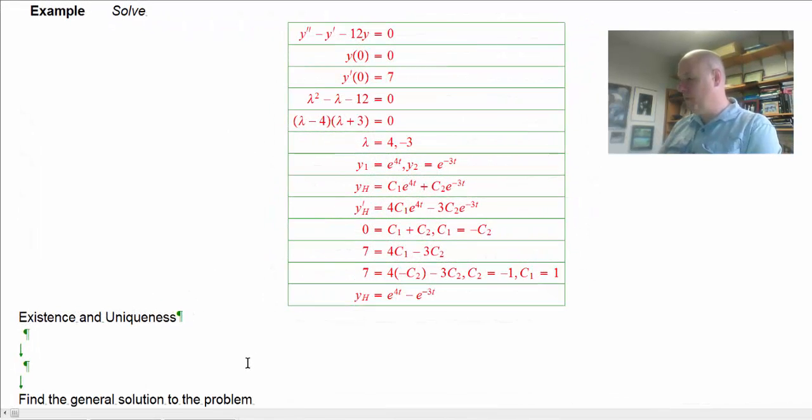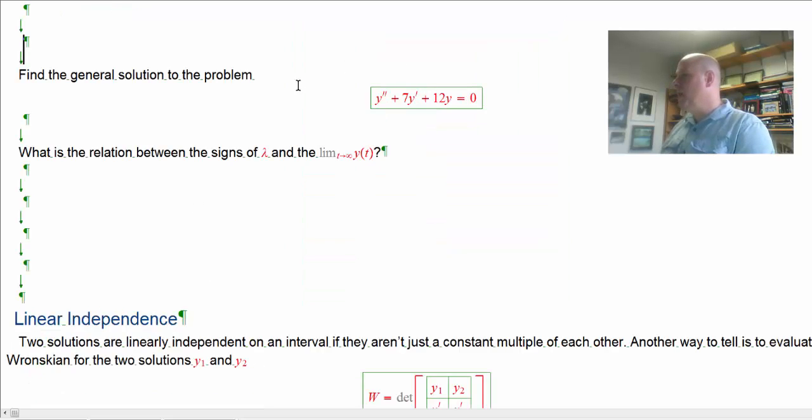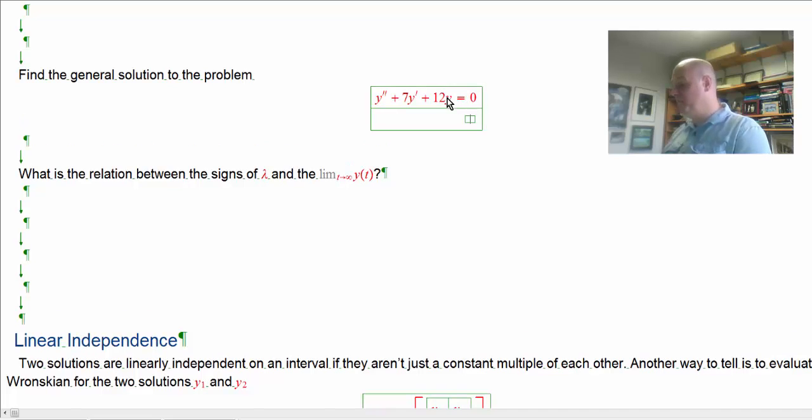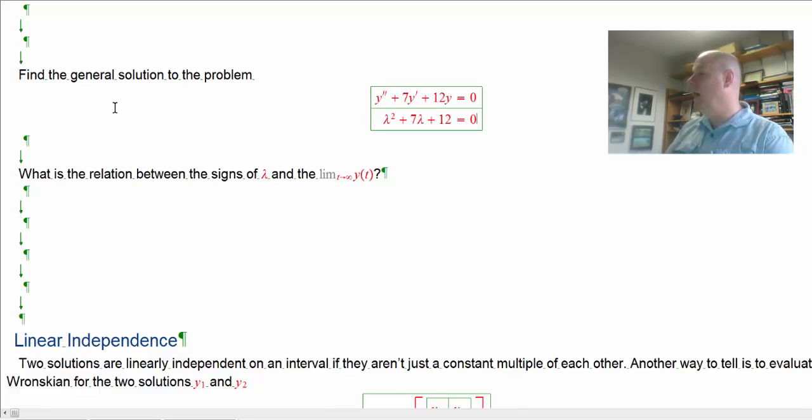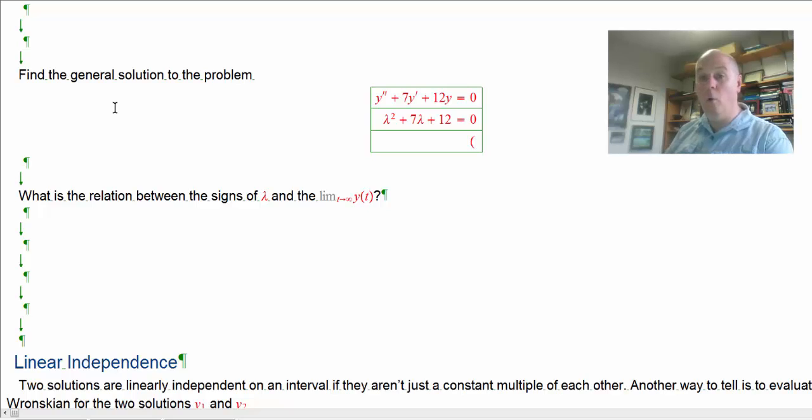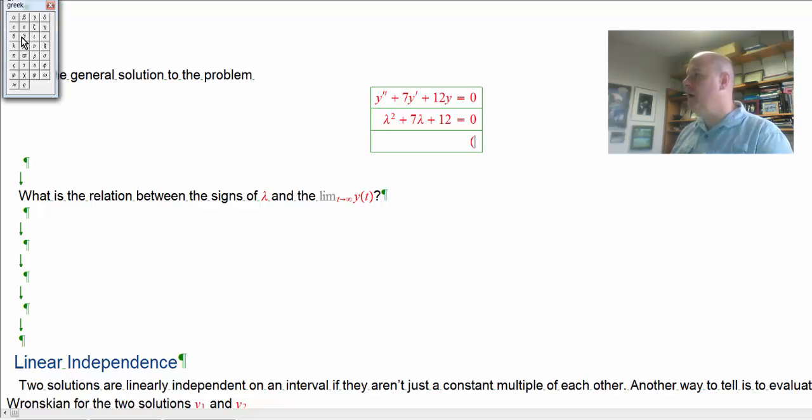Let's do another couple of examples here. Find the general solution to the problem. Well, now this starts to be more straightforward, right? I look at this. First off, there are no initial conditions given. So that means I can't find the C's. I don't have to find the C's. I just need the auxiliary equation. I need to factor the auxiliary equation or use the quadratic equation to solve it. In this case, I think I can just factor it, and I'm getting